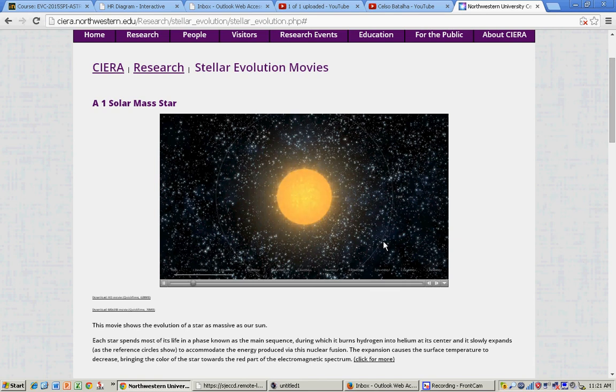The star seems to be, see, now the circle is going in. Follow with my cursor, which means the star is expanding. Okay, so it's a small expansion because hydrogen is being fused into helium in the core, and eventually this expansion will be faster because the star is becoming a red giant. But most of its lifetime is going to be in the main sequence.